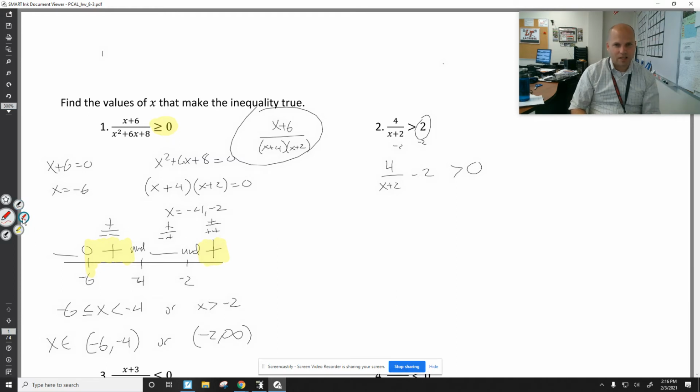Well, you're going to need to combine these two things, this and this. And you can multiply the top of this by x plus 2 over x plus 2, pretending this is like 2 over 1. Give it the same denominator as this. You have to multiply the top and the bottom, so you don't change it. It's just a version of 1. You're allowed to multiply things by 1, and it's not going to change it. And that will enable you to take these things